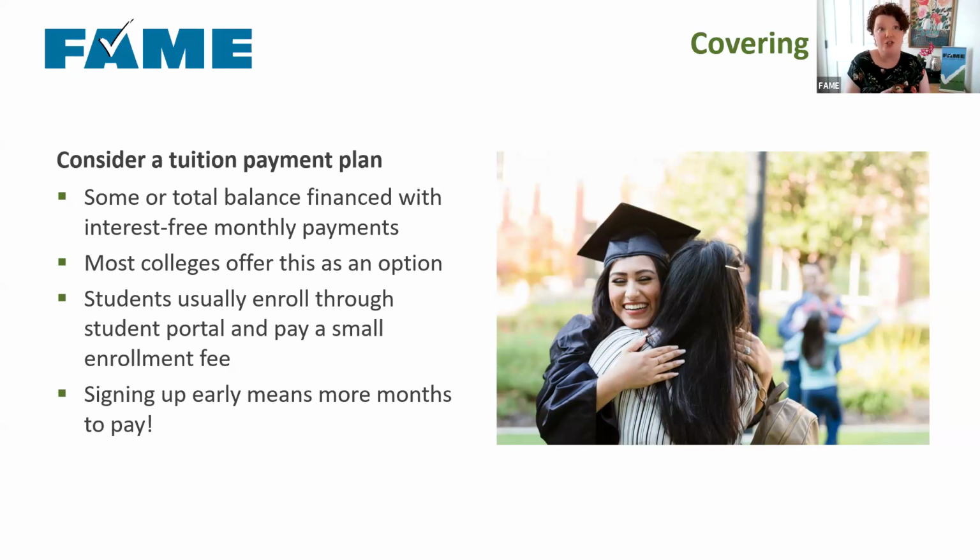So then, is the student going to work when they're on campus? Can they come up with anything? They probably can't come up with $200 a month, but maybe they can do $50 a month. So now we've got $250 a month in a payment plan over 10 months. That's $2,500. So now we're down to $500 left to pay. So that seems much more reasonable. So take a look at some of those payment plans. Signing up early means you get to stretch it out over more months. So make sure you are arranging that payment plan with the college as soon as you can.